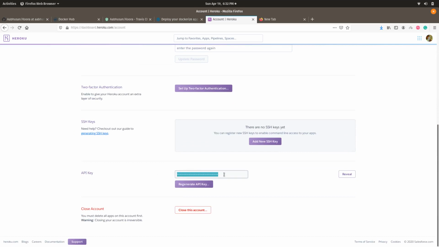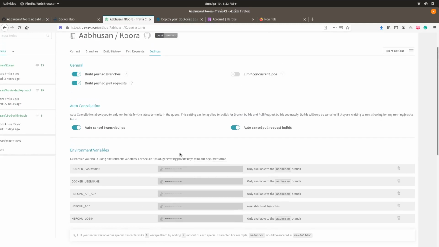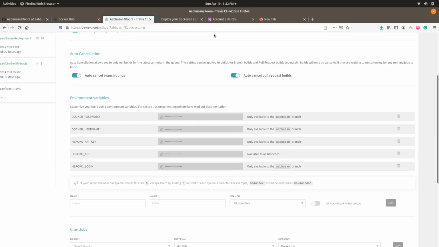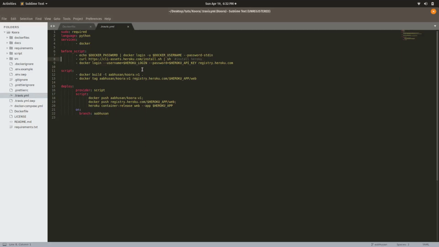So this is the API key. I will not reveal the API key, for security reasons. So yeah, you can copy the API key and use it as an environment variable in the Travis. So here we have done so.